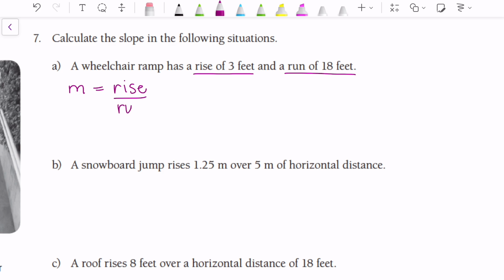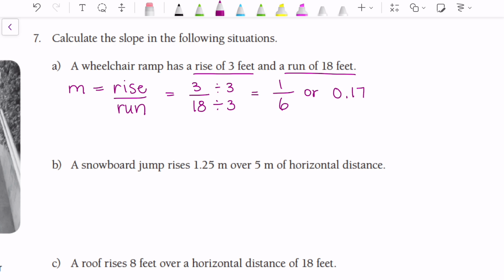If you can get the formula down right, then you should be able to get everything else right. All right, plugging in the values that we know we have: 3 over 18. This is not reduced, so we're going to reduce by 3, both sides. We're going to end up with 1 over 6 or 0.17, just as another option, because it does help to